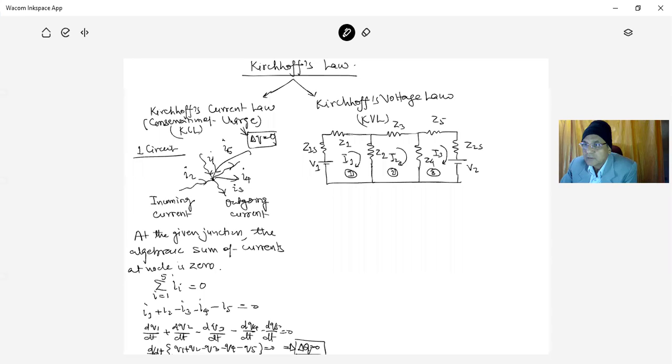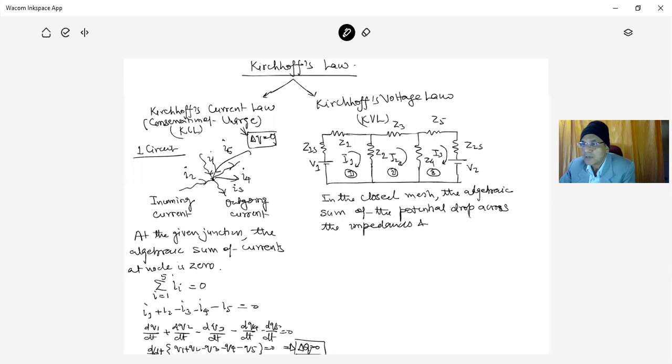So the KVL is: in the closed mesh, the algebraic sum of the potential drop across the impedances and voltage sources are 0. The mesh equations are